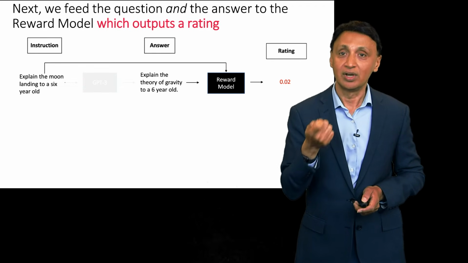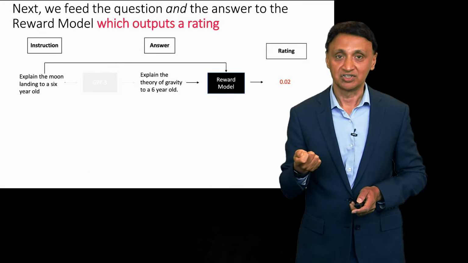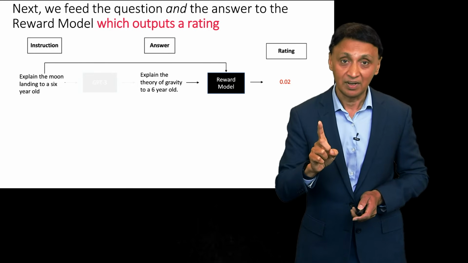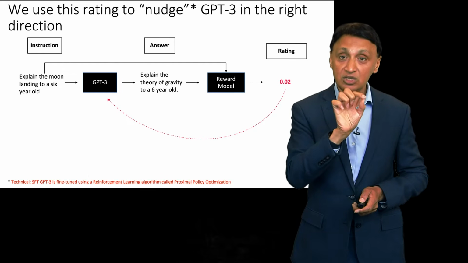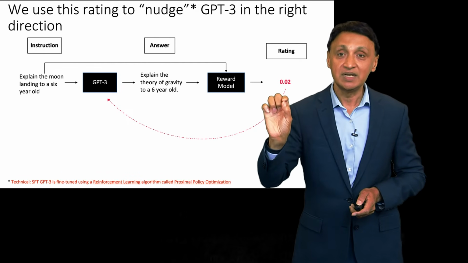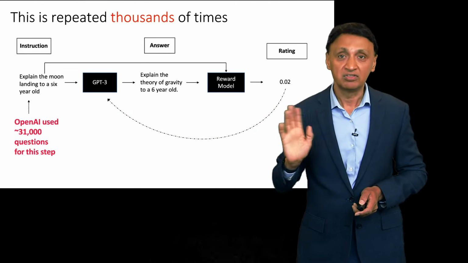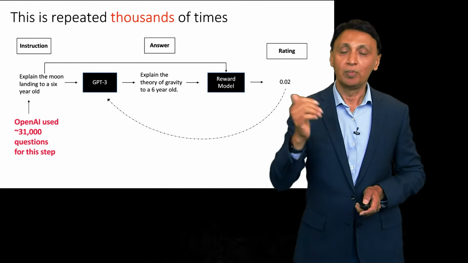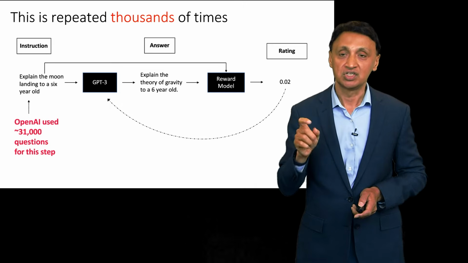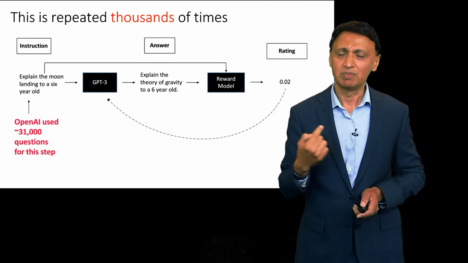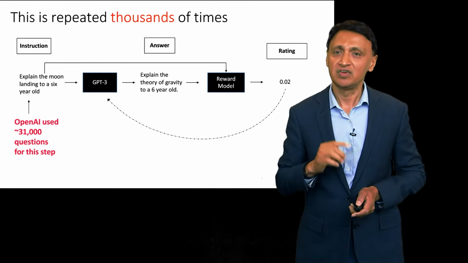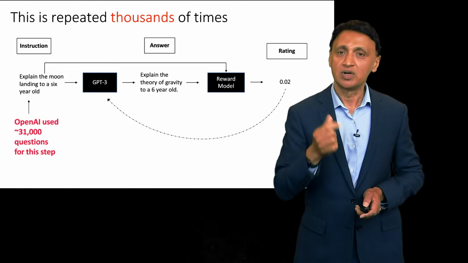A rating of how good that answer is for that particular instruction. And now this is the key step. We take this number and then we use this number to nudge GPT-3 in the right direction. And we do it for thousands of questions. In fact, OpenAI used 31,000 questions for this step. And this process by which we are nudging GPT-3 in the right direction using the output of the reward model